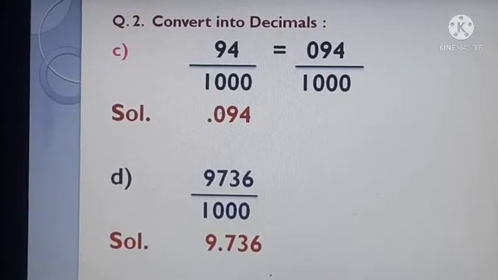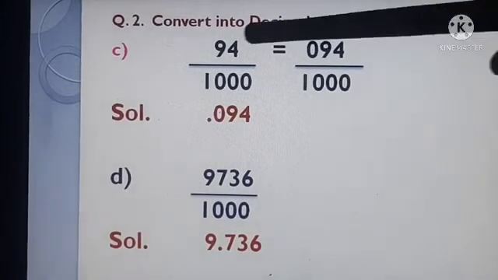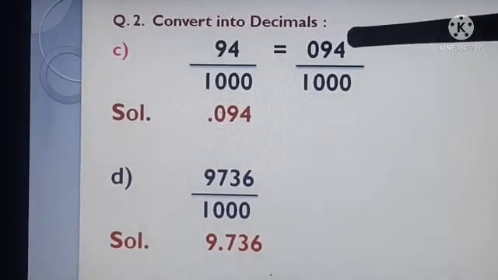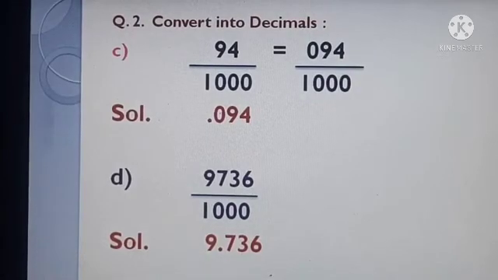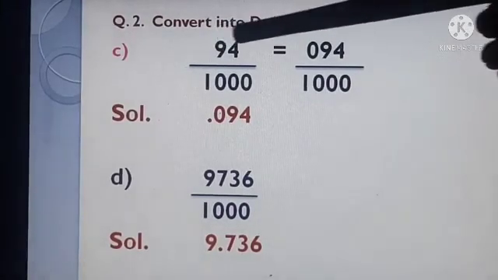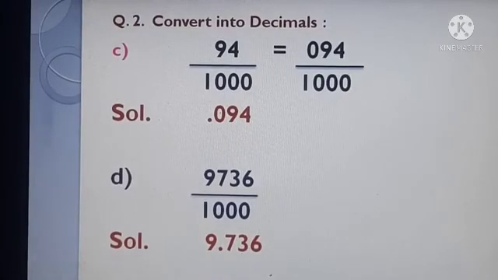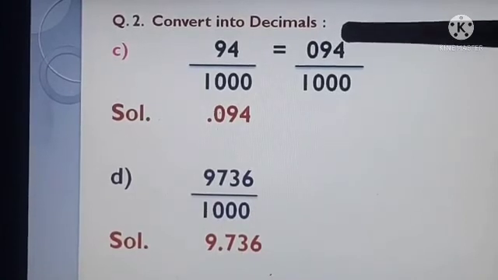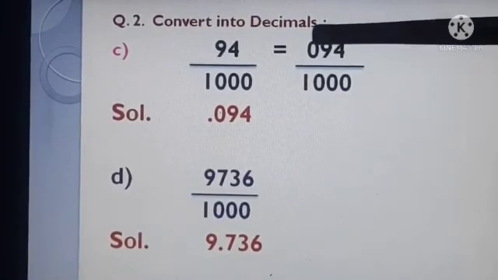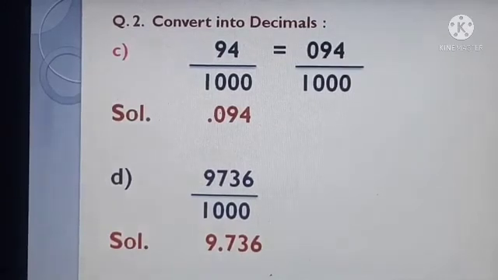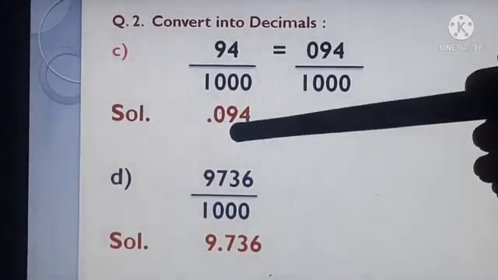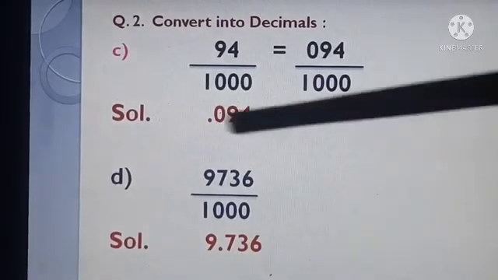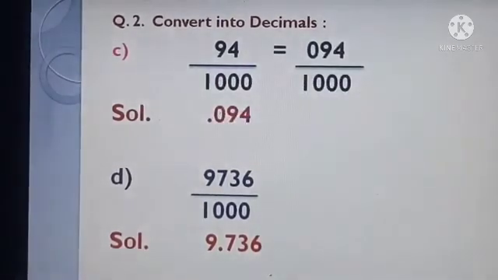और हमें क्वेश्चन चेंज नहीं करना. 94 is given, then we want 94 only, right? So we will write it as 094. No changes here in our question. 094 or 94 meaning is same. Value is also same. So now you will count the zeros: 1, 2, 3. And then in the numerator start from ones place: 1, 2, 3. Here you will put the decimal. So our answer will become decimal 094. If you are writing here 0.094, that is also correct.